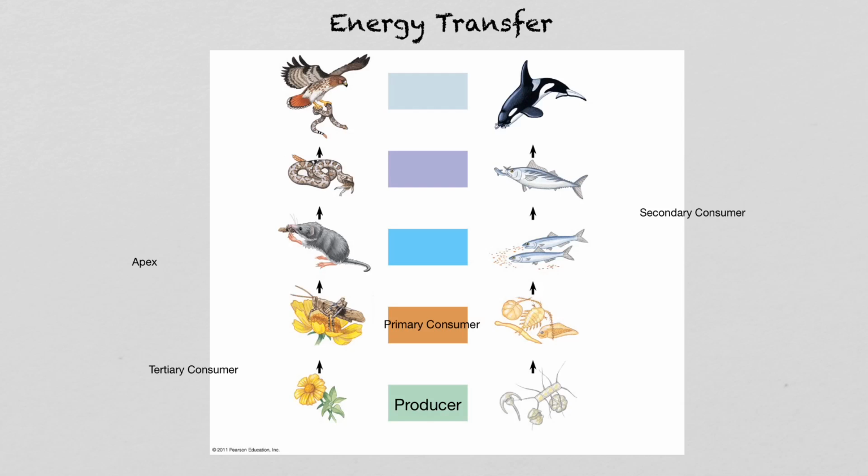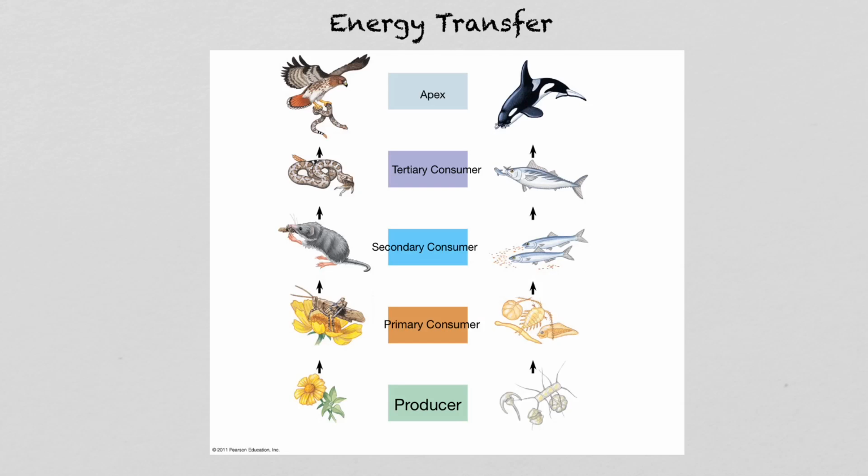And then it just keeps on going up from there, where we have a secondary consumer, and then we can have our tertiary consumer, and these guys up here we would usually call a quaternary consumer. However, we're not bothering with that, so we're just going to call these guys the apex predators of where they live. Okay? Now, if you look at this, other than the producers,